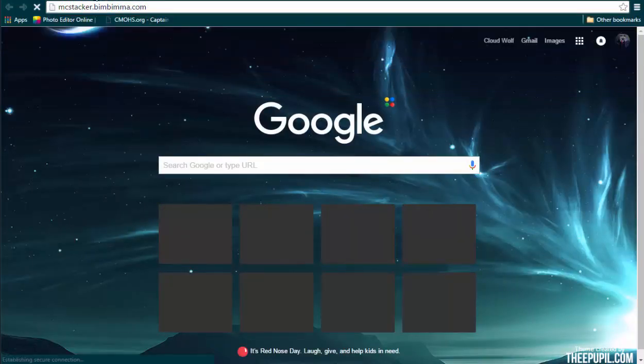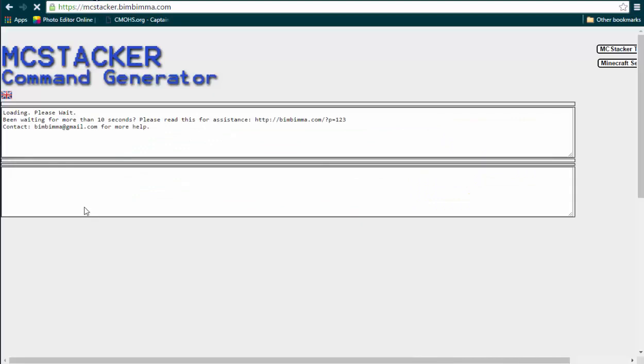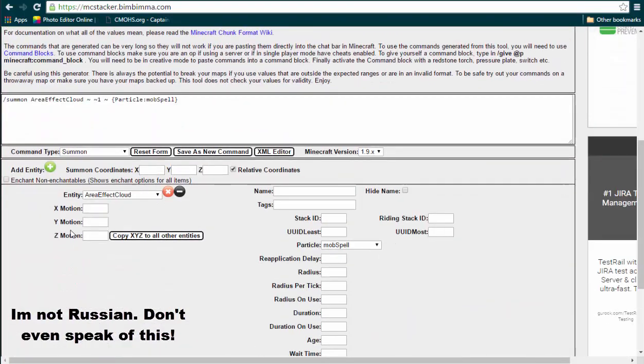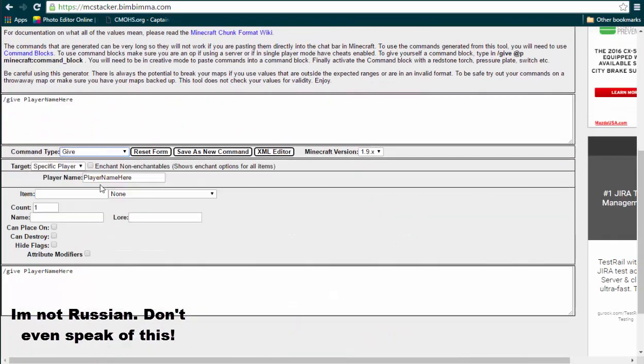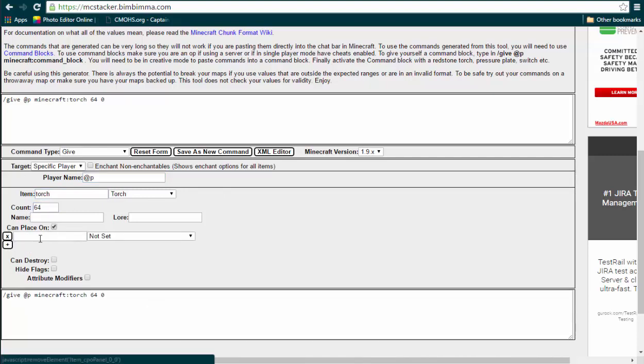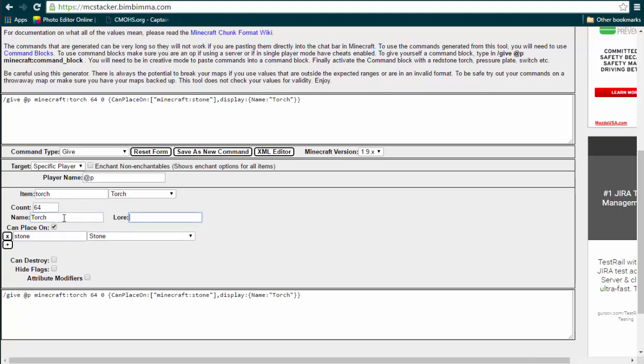mcstacker.bimbima.com. That's the right name. Yes, okay. And I use this to generate my stuff, and the site is taking forever to load. Okay. And then go to give, and then @p torch, do it 64, can place on stone. Then torch,